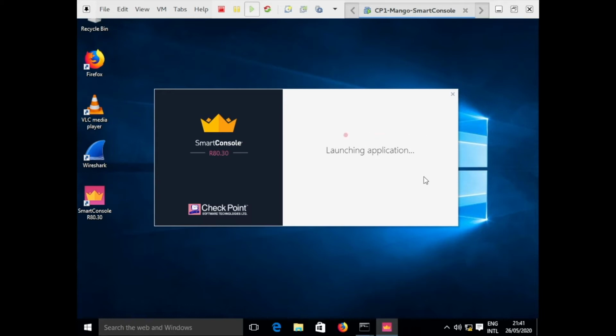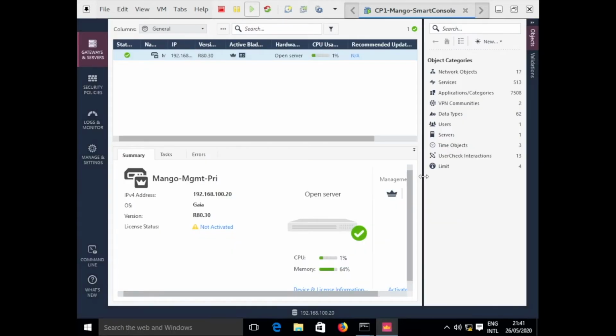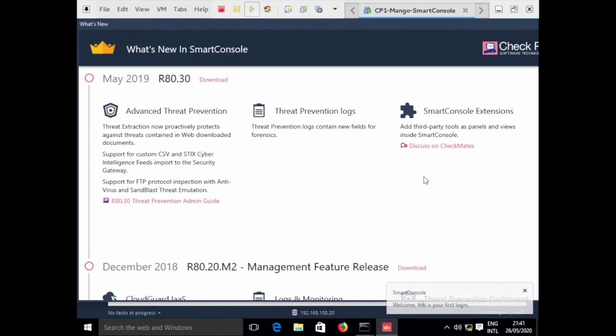So using the SmartConsole application, I logged on to the Security Management Server application running here. I gave username as Koti, password as Jack and Jill, and also gave the IP address of the management server. It was showing some fingerprint. We verified the fingerprint and logged in.